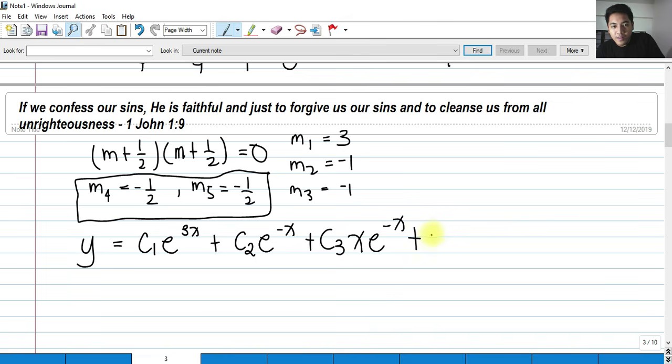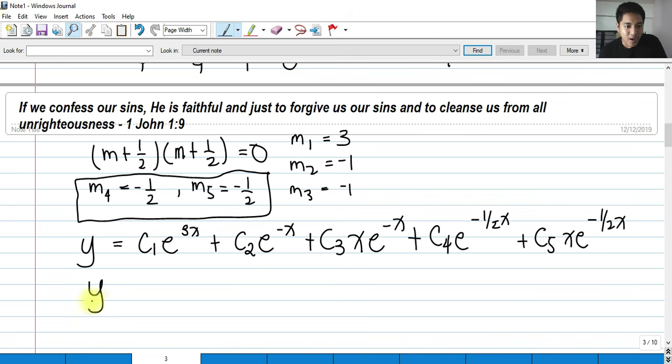So we can go back to c sub 4, but we don't have any x again, because this is a new set of repeating roots. So we have c sub 4 e raised to negative 1 half x, plus, since it repeats, another is a negative 1 half, so we have c sub 5 x e raised to negative 1 half x. So to simplify, we will be having c sub 1 e raised to 3x plus,